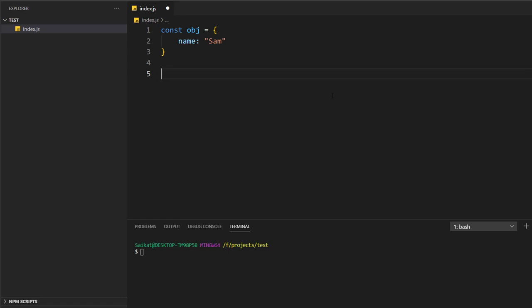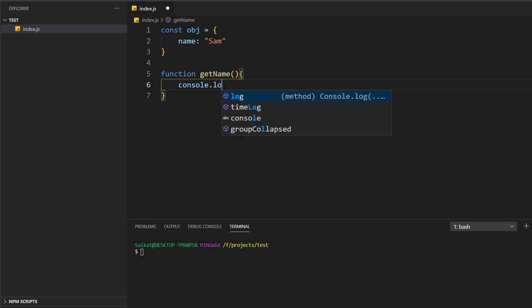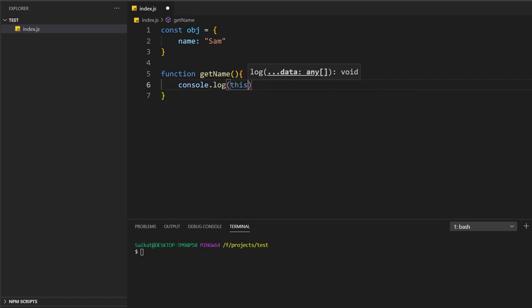Generally what people do is create a function, like function getName, where I want to console the value, so console.log(this.name), which logs "Sam is a good guy."